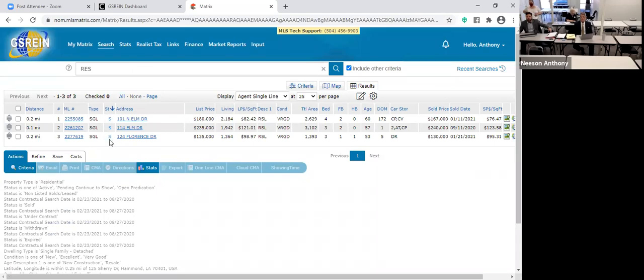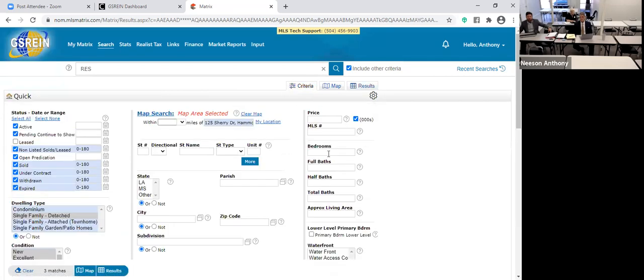So right now we have 3 sales that we could compare this to. But if we look, one of them's a 4-bedroom, 2-bath, one's a 3-2, one's a 3, 1.5. Okay, well, we haven't put anything in over here yet, right? So I'm going to try to cast my big wide net. I've got it narrowed in, so we can obviously start taking that out a little bit further. But I need to try to compare some apples to apples. This one happens to be a 3-bedroom. And it's only a 1-bath,